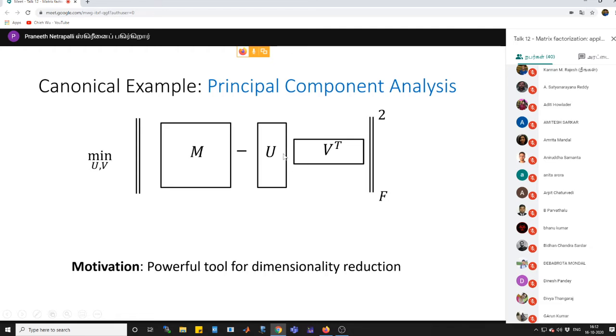So that will not change the function value. So up to this rotation matrix, the solution to this problem is indeed unique and given by the singular value decomposition of the matrix M. Okay. So this is the first example of the kind of decomposition that we'll be interested in the machine learning situation.